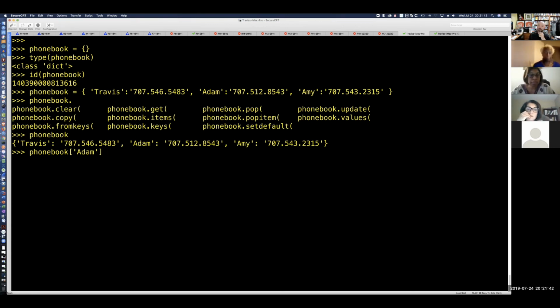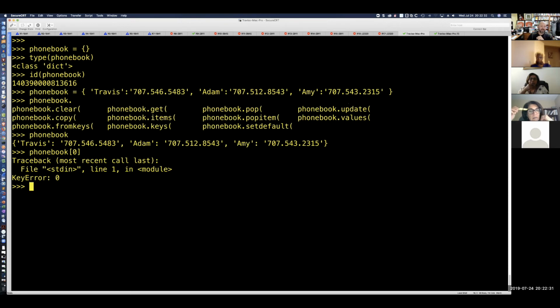Don't you just count? Yeah, right. Because with a list and with a tuple, everything is in a sequence. Everything's in order. So all you have to do is say the first element is 0, the second element is 1, the third element is 2, the fourth element, and so on. That is how you reference those data types, because those are sequence data types. Remember, the dictionary is not a sequence data type, because if I were to say phone book 0 and hit enter,